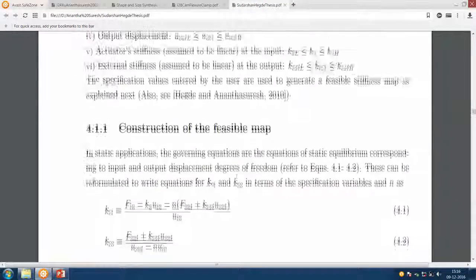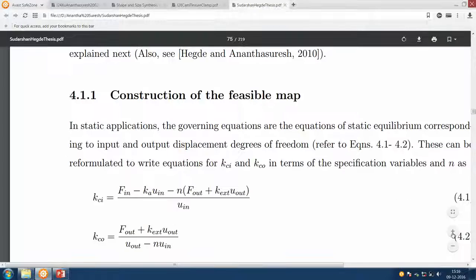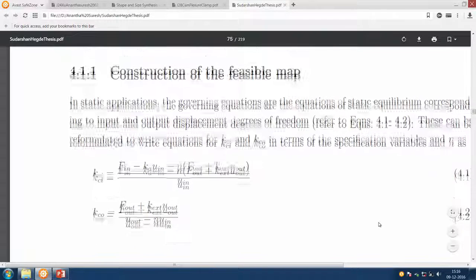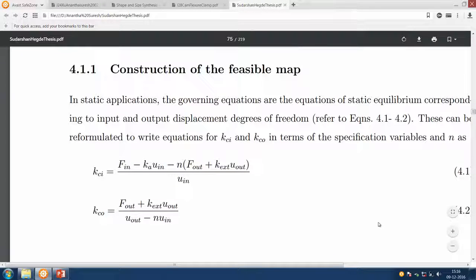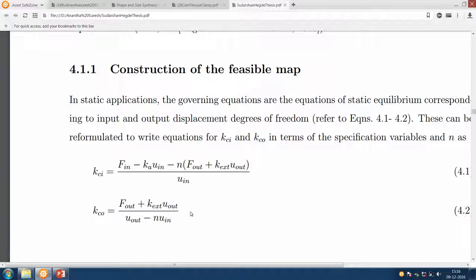One important aspect here is that we have inequalities, and they are more difficult to solve, that is where the difficulty of this problem lies. For equations we have a lot of different methods, many of them implemented in various software programs, but the moment you have inequalities the trouble arises, and that is what I will tell you how it is done here. We start with these equations, we have KCI some value, KCO some value.